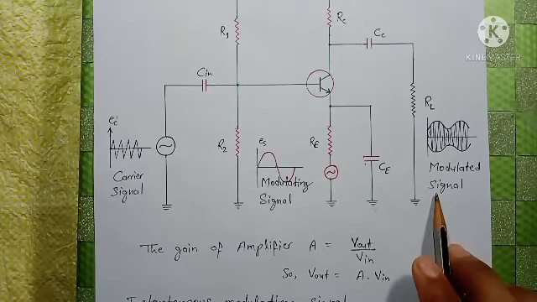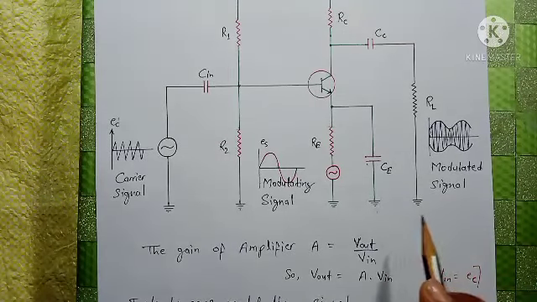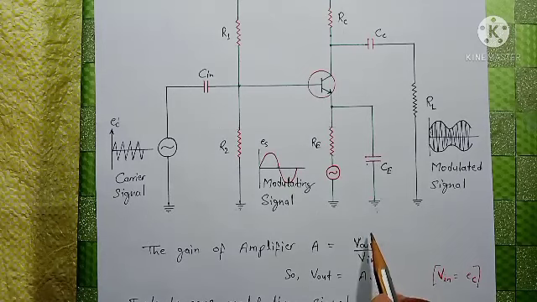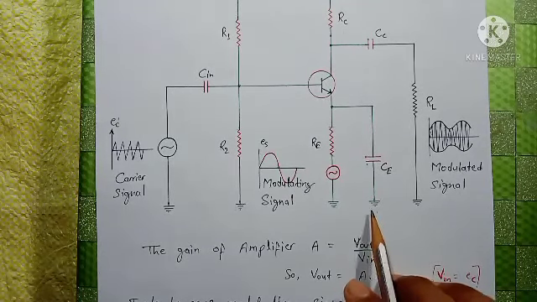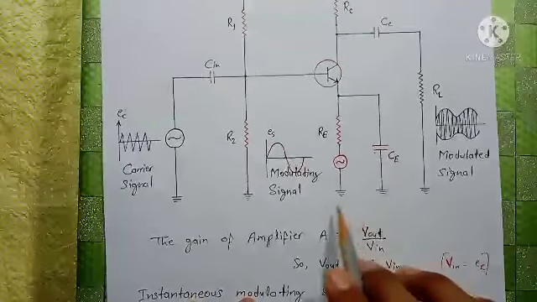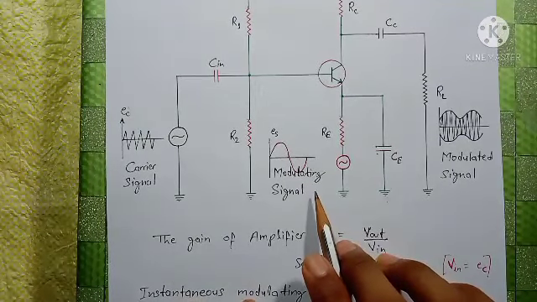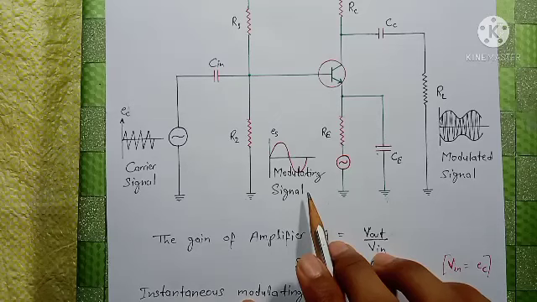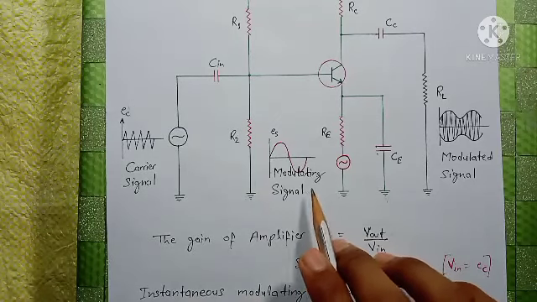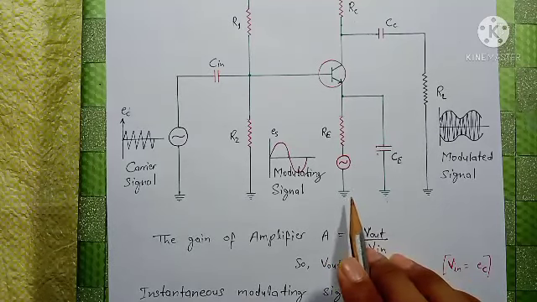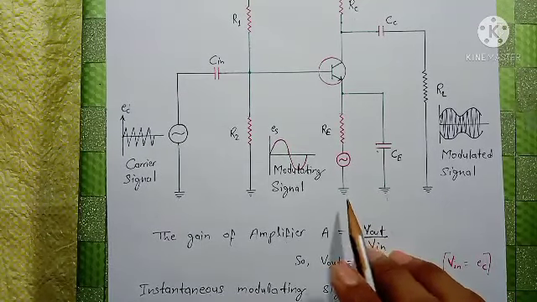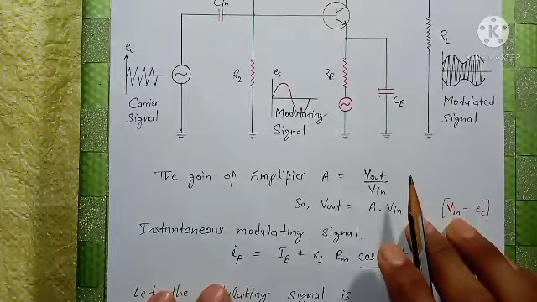The gain of the transistor amplifier is highly dependent upon the emitter current. So the modulation is applied at the emitter, and the total emitter current follows the instantaneous modulating signal, and it is given by,